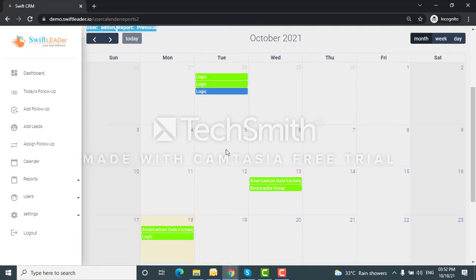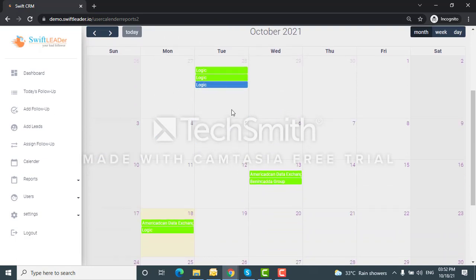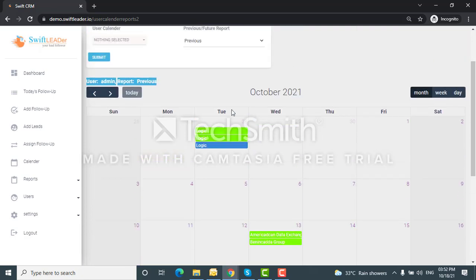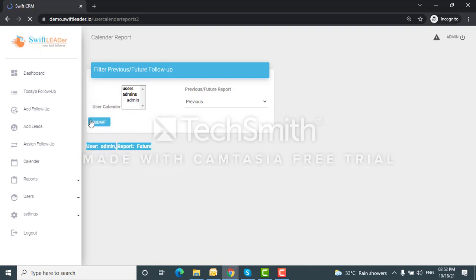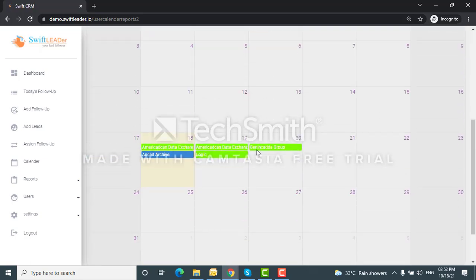From current to previous, all the followed reports can be seen like this. If it is a future report, from today onwards to the future, whatever follow-ups there are, the green marked ones are all important.